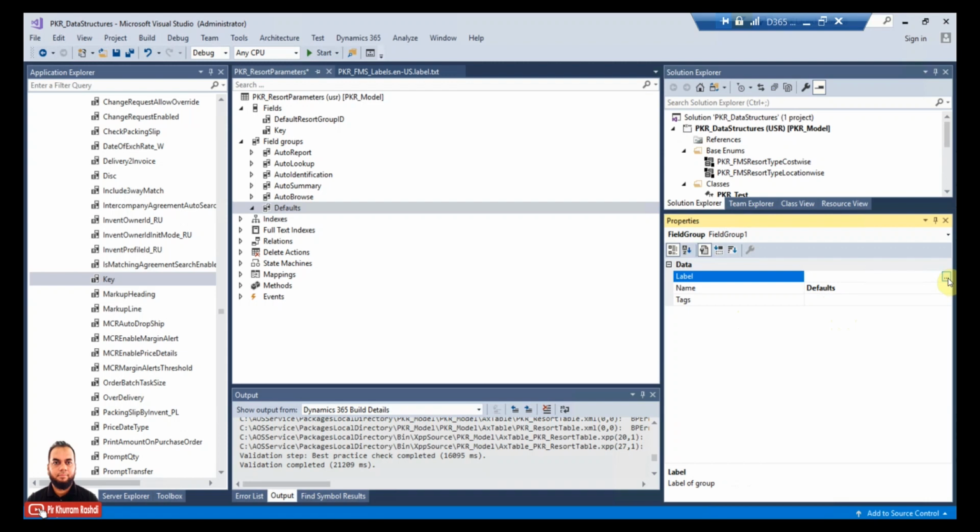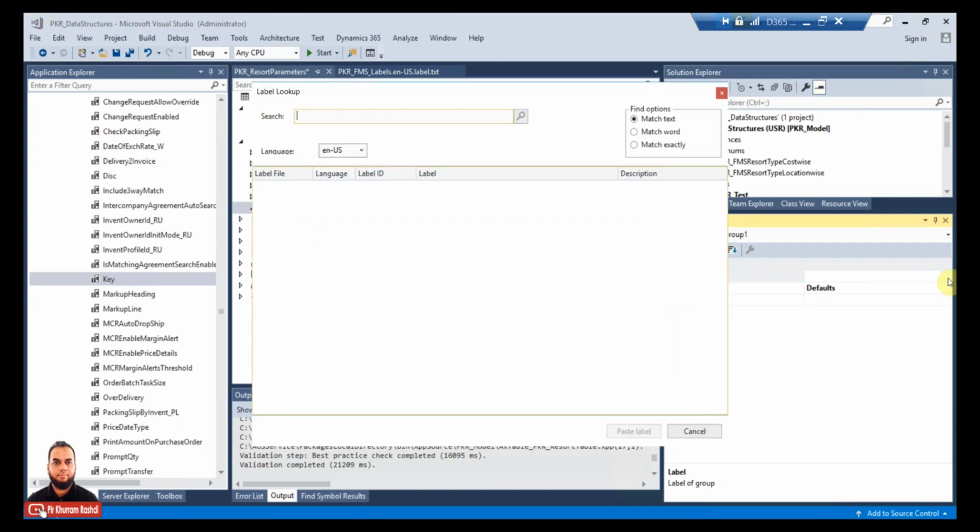In the label ellipsis icon here we can find a suitable label, and so we can just put the defaults,